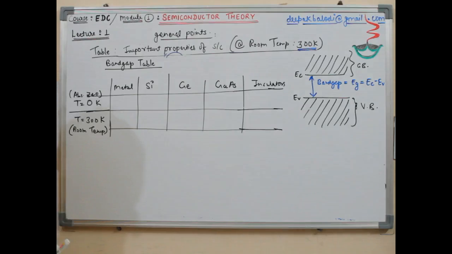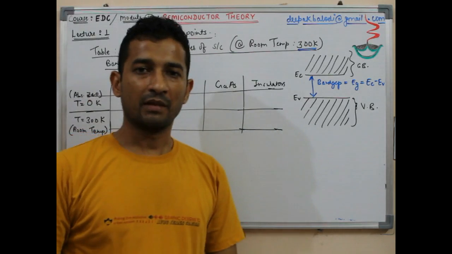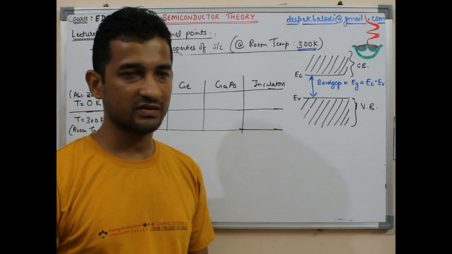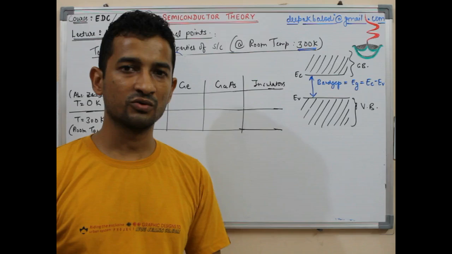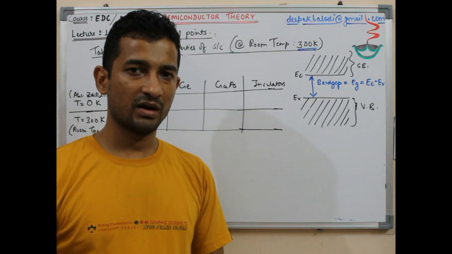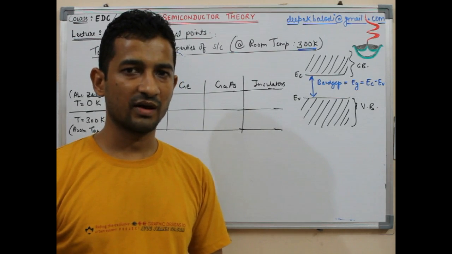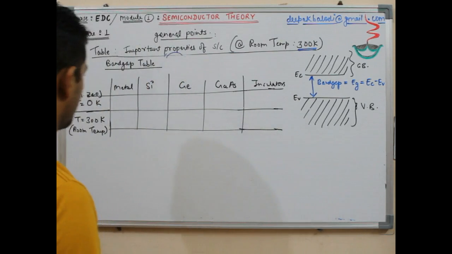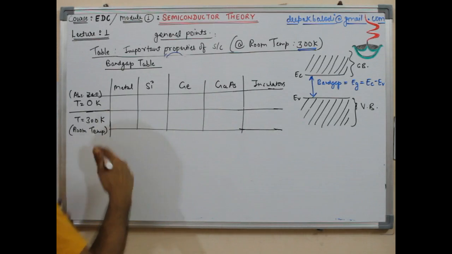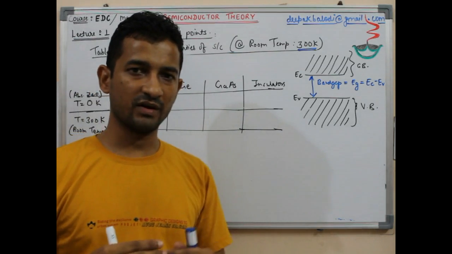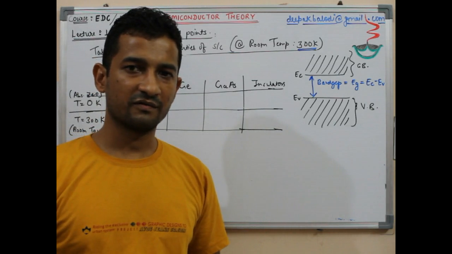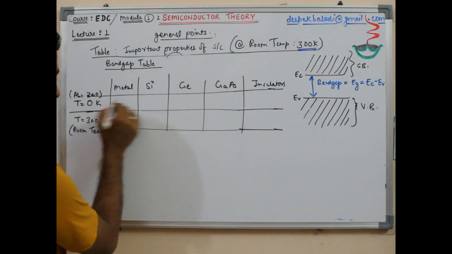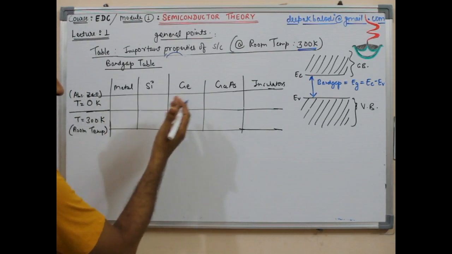So for metal, we are not strictly defining band gap, but still, as I said, for comparison purposes we mark the same valence band and conduction band for metal. But there is no such scenario within the metal, no such strict definitions of conduction and valence band are possible for metal. So we keep it undefined, or let's take it as 0, because both are merged in some way, and almost all the carriers are free always. So they are free, but their thermal energy is 0 at room temperature. So even if all the carriers are free,